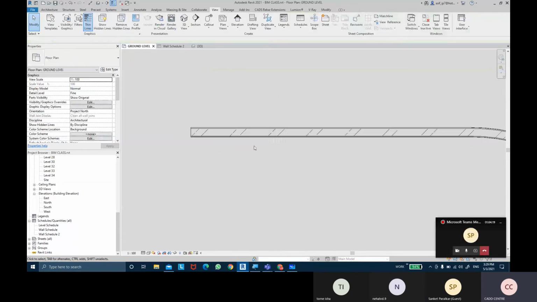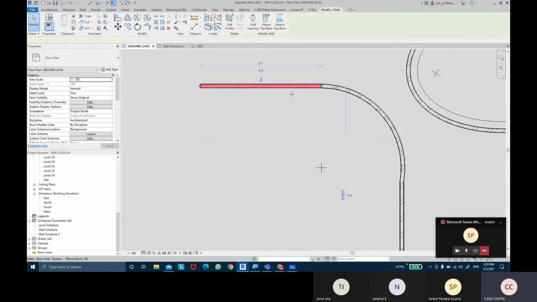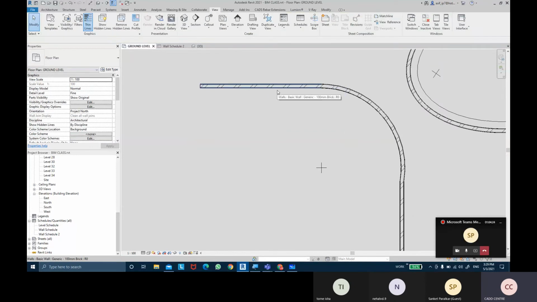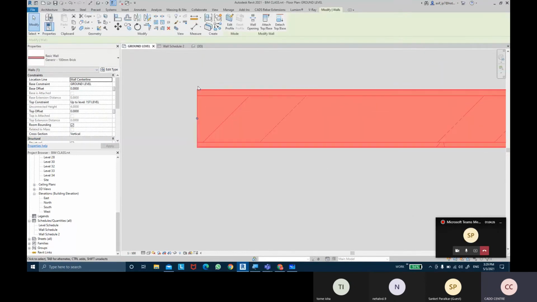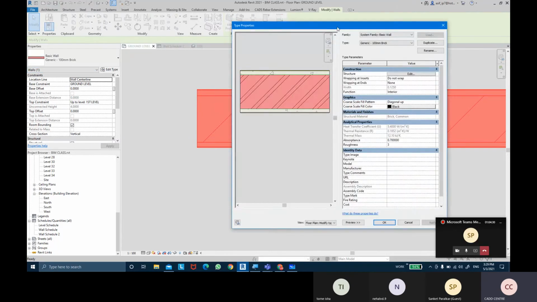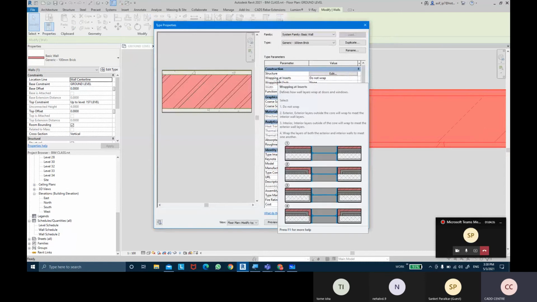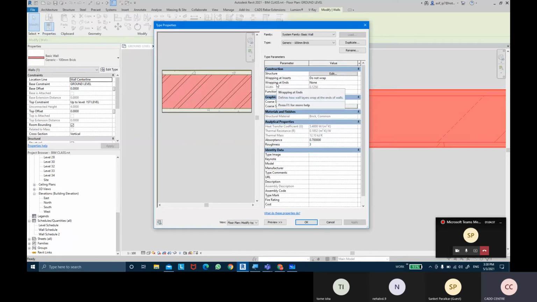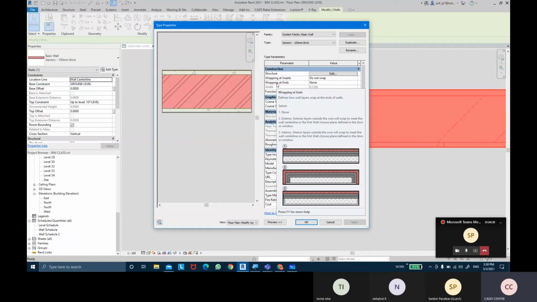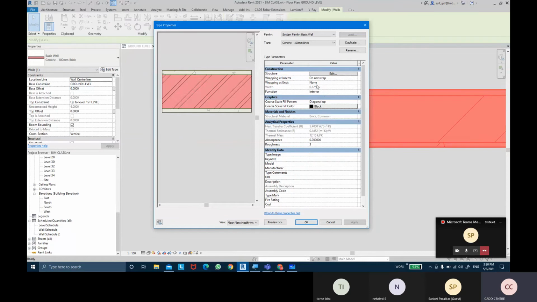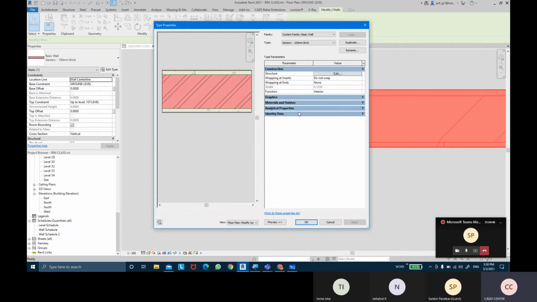Okay. Now the most important part of this wall layer is about the wrapping of the wall. So when I select this wall which is having layers, and if I come into the edit type, you can see over here there are wrapping options that have been given. Wrapping at insert, and the other one is called wrapping at ends. Okay. Now I'll first start with wrapping at ends. Right now the wrapping at ends is set to none. Okay, which means there is no wrapping at the end of the wall.